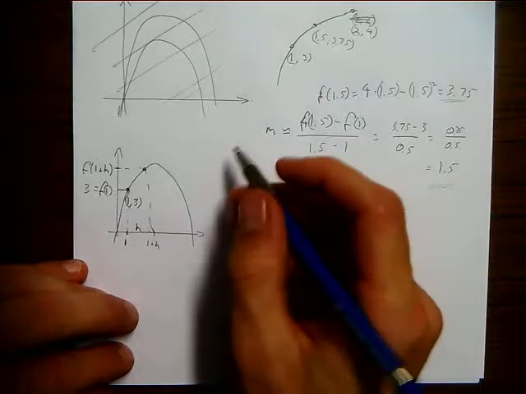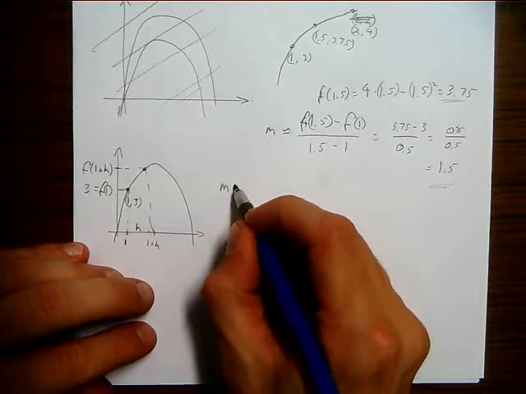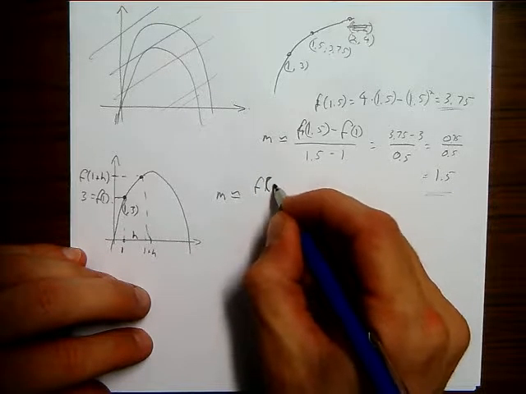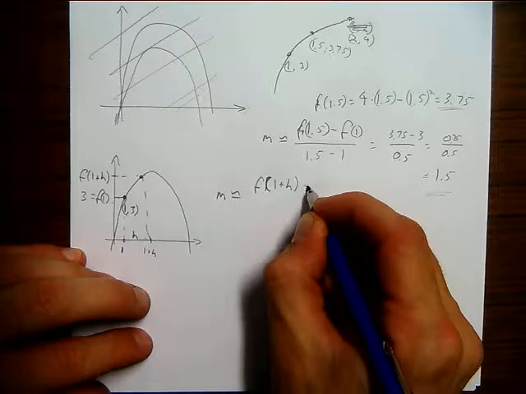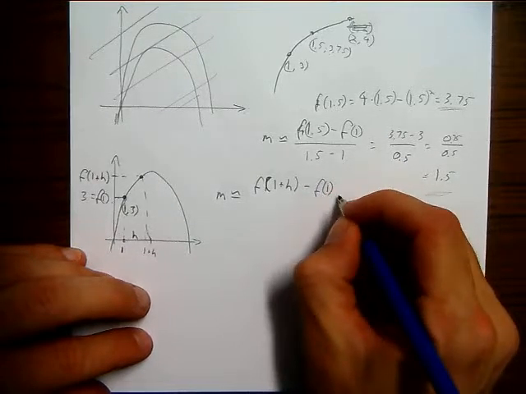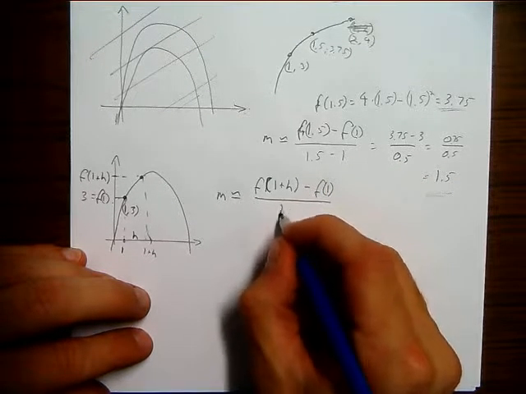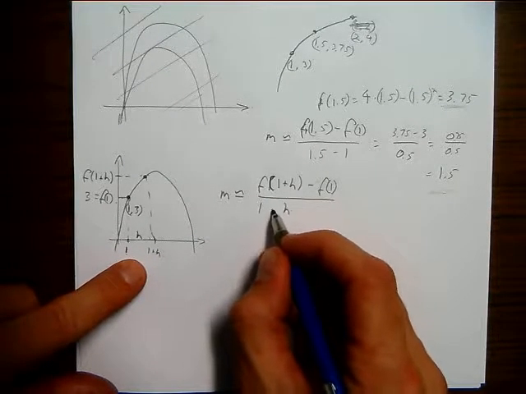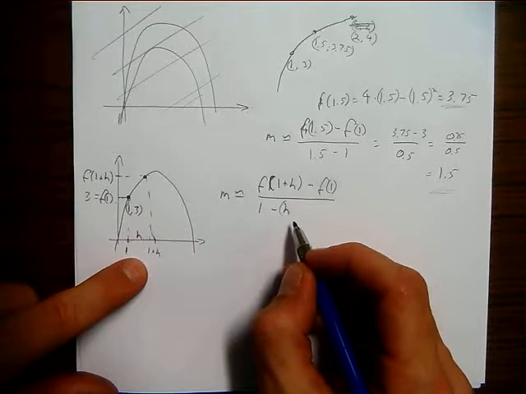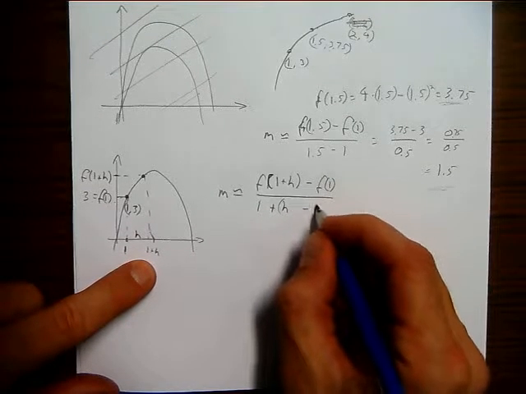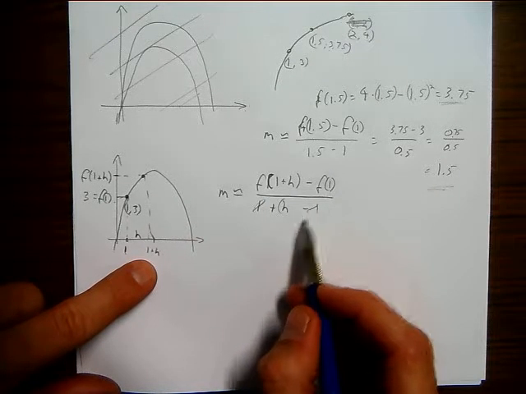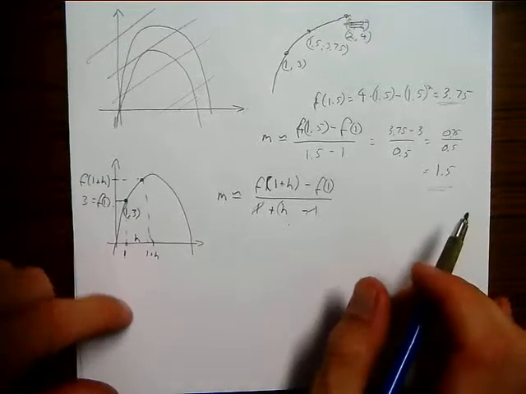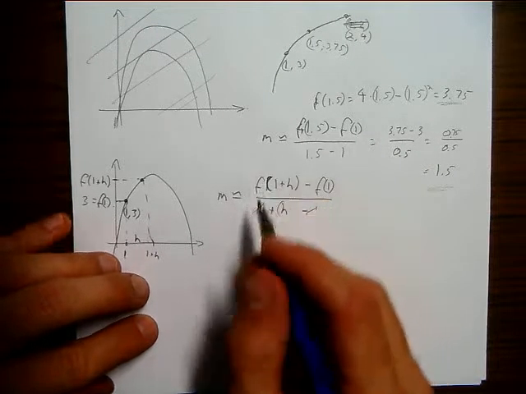So we could really say that m, our instantaneous rate of change, is approximately equal to f of 1 plus h minus f of 1 over h. Because the denominator is really 1 plus h take away 1, so the 1s cancel out and this is the h. We always end up with the 0.5 on the bottom or whatever it is. Okay, so we could use this formula here